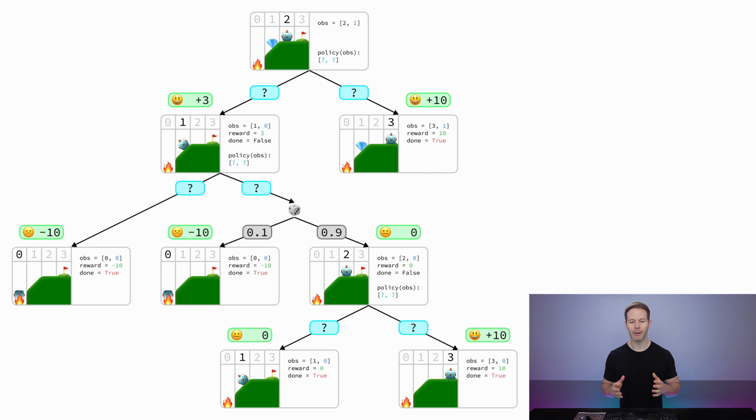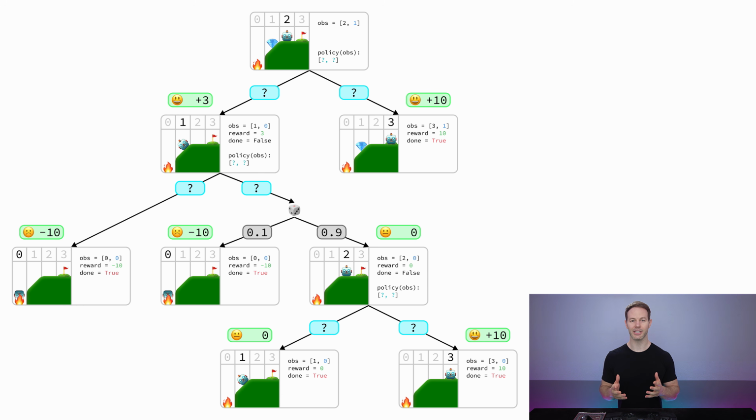So first, let's just think about what is the optimal strategy for this game. And there are pretty much two possible strategies. One, you either go right all the time from this initial state to get to the flag, or you try to pick up the diamond and risk potentially falling in the fire pit when you try to climb back up the hill to get back to the flag. So the goal of the game is to maximize the total reward you receive throughout the episode. So this total reward is also called the return. And the goal is to maximize the expected return,